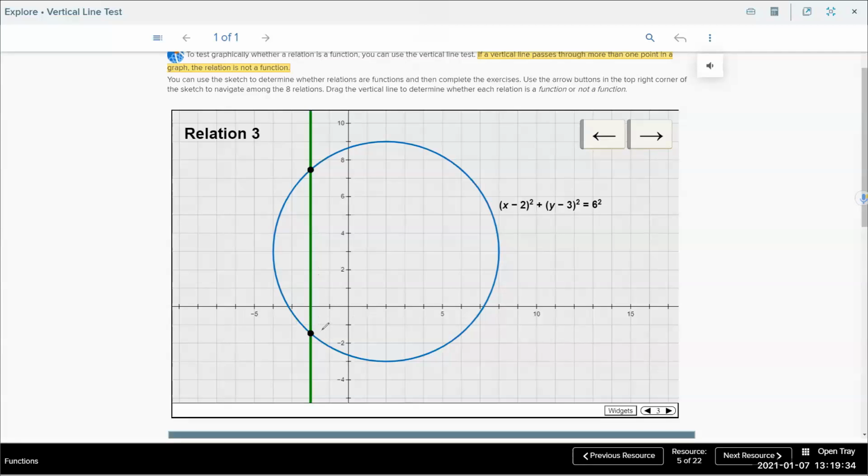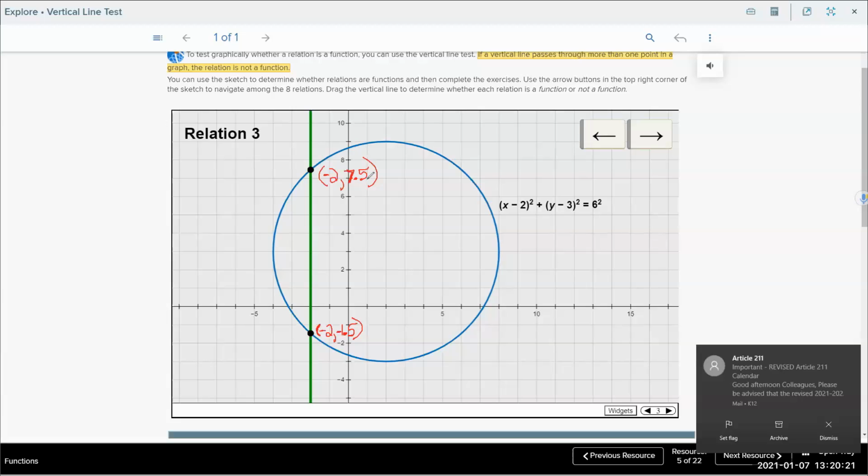So I'm going to write the coordinates, the ordered pair for this point is -2 for an x value and -1.5 for a y value. Okay, so that's (-2, -1.5), and up here I'm still at -2, but my y value this time appears to be about 7.5. So (-2, 7.5). And so that's just showing us in another clear manner that we have an x value of -2, that this relation is assigning two different values in